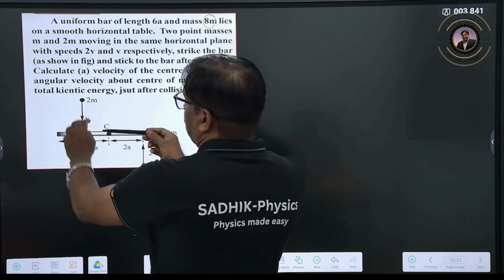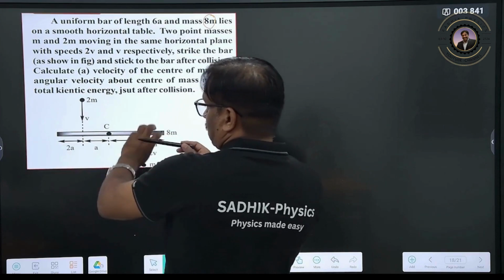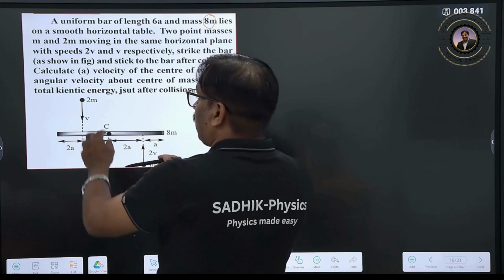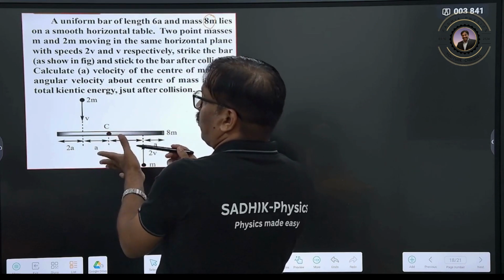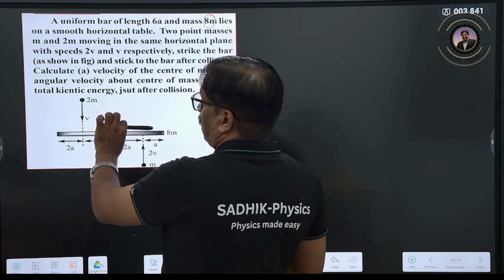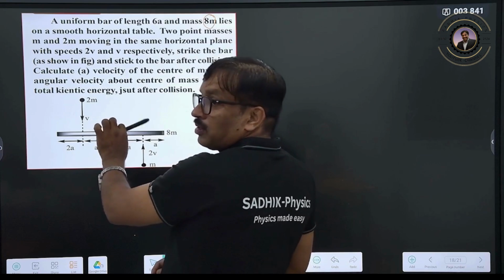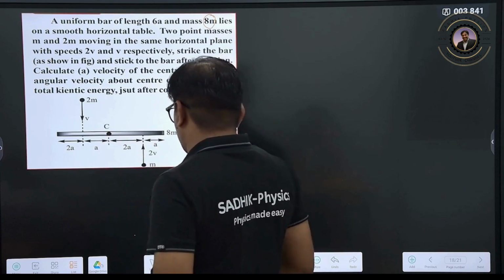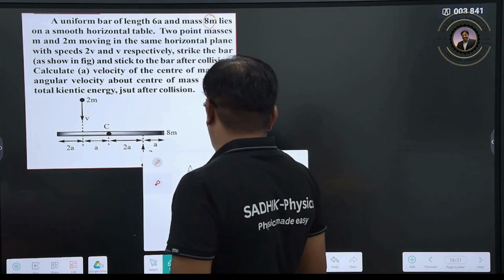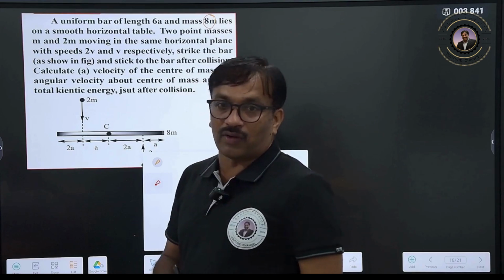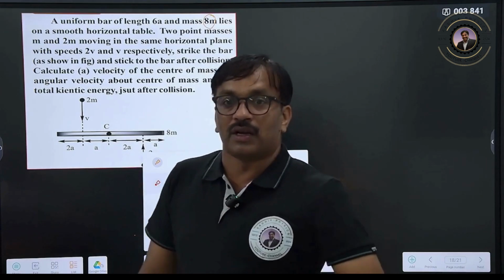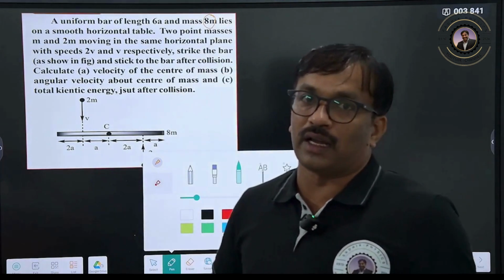Now, suppose this momentum is greater compared to this one, then this object would have moved like this, right? If this momentum and this momentum are both the same, then it will not experience any net force, therefore it will be able to rotate. Definitely it will rotate, but whether it will move or not, we have to see. If it rotates, we will have a rotational kinetic energy. If translational motion is there, translational kinetic energy and rotational kinetic energy, both you have to